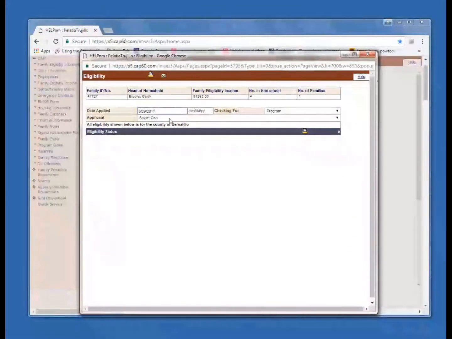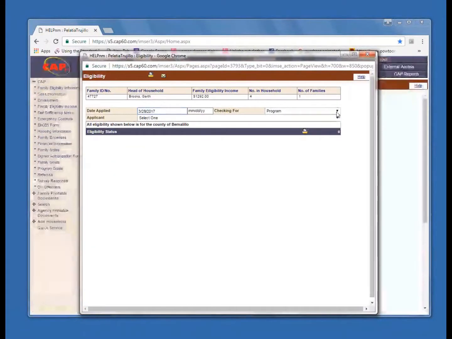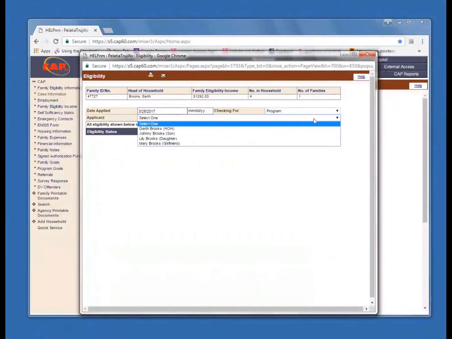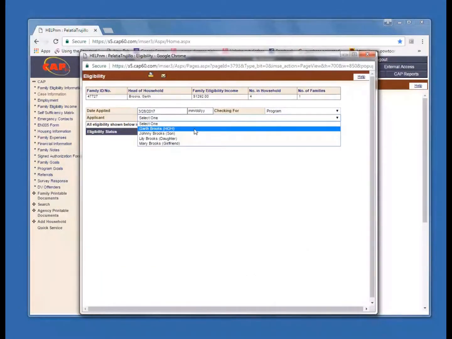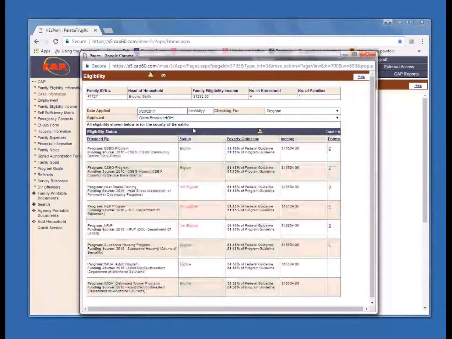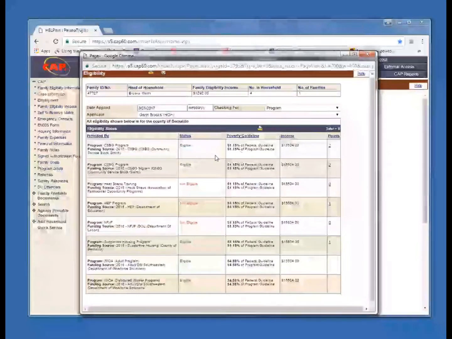Put in the application date and what you're checking for, which in this case will be programs. Select the household member from the drop-down menu. As you can see, this will pull up a detailed list of Help New Mexico programs that we have to offer